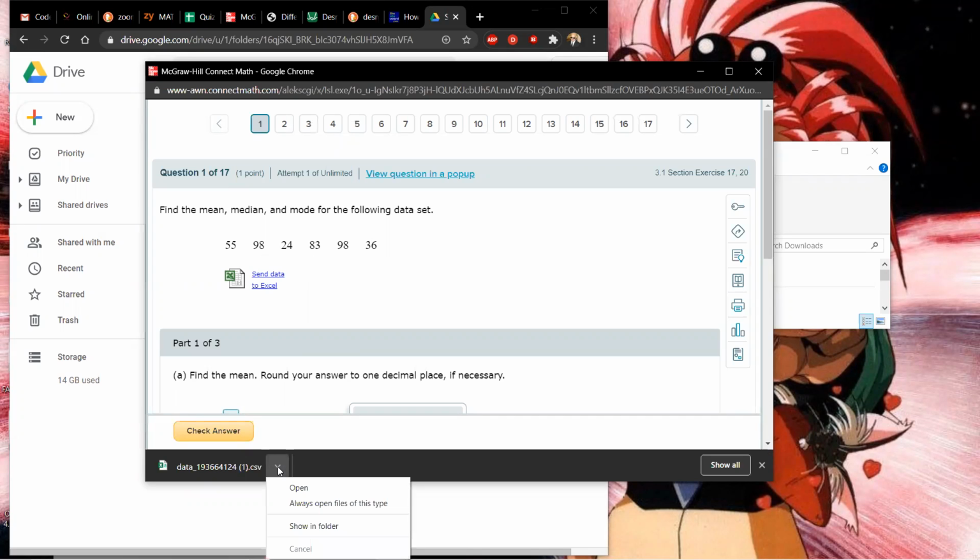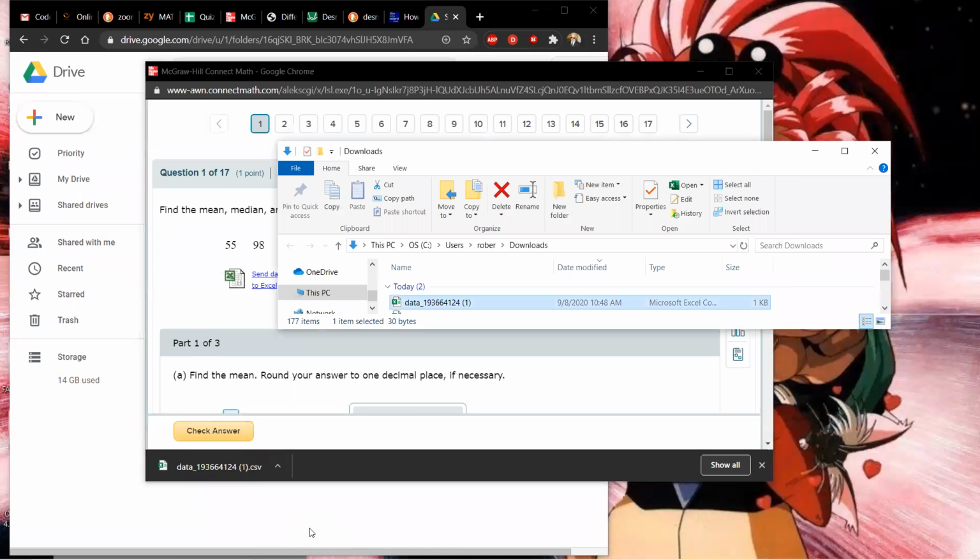And it can be super useful if instead of just 6 numbers, say there's 60 numbers and you don't want to copy all that stuff down. So for me, it shows up down here and I can do show in folder. It might be different depending on your computer, but we're going to go into the folder that it gets saved into. And I personally don't have Microsoft Excel, so I'll be using Google Sheets, but the difference between the